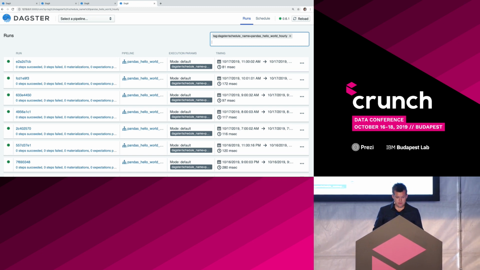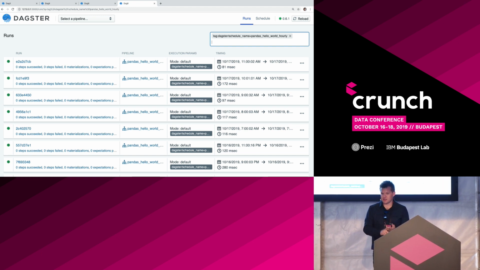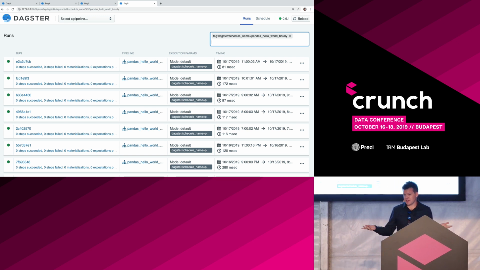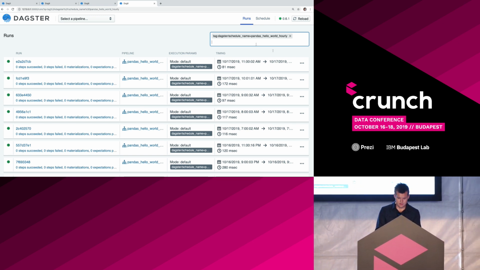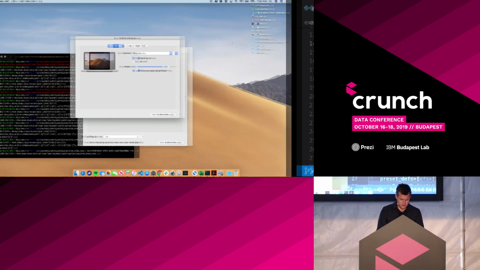So between these tools that I've shown you, you can go all the way from local development, deployment, to scheduling and monitoring, all with the same tool set. It's quite powerful. So I want to dig into testability here, because I think it's an interesting lens to explain a bunch of the principles of the system.